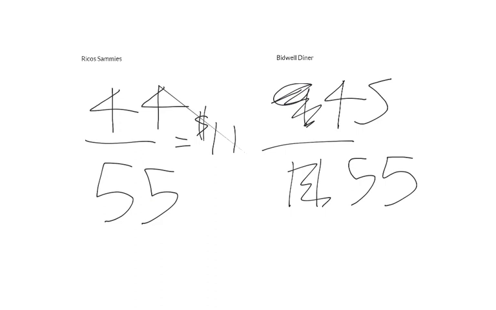Whereas at the Bidwell Diner, if you were spending $45 in total meals before, now you're spending $55. So the difference between 45 and 55 is actually smaller than 44 to 55. So actually, at the end of the day, Rico's Sammy's,